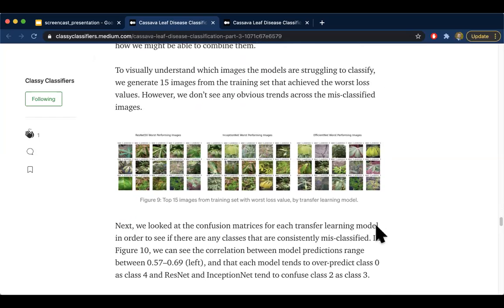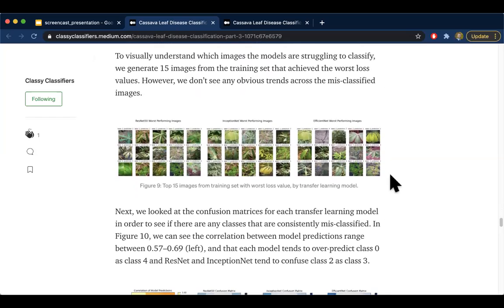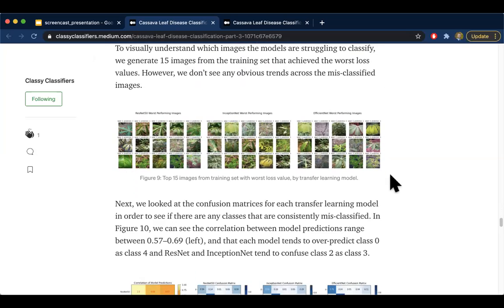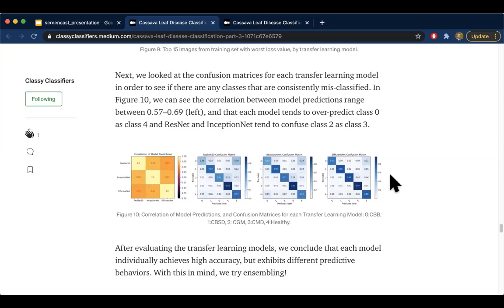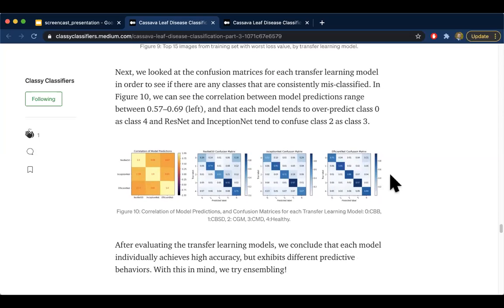However, there wasn't much of a trend for any of the models, so this didn't prove to be as helpful as we hoped. Nonetheless, it was interesting to see where our model's weak spots were. Then we created confusion matrices for each model to get a more aggregate sense of where the models were misclassifying. We also created a correlation matrix of model predictions